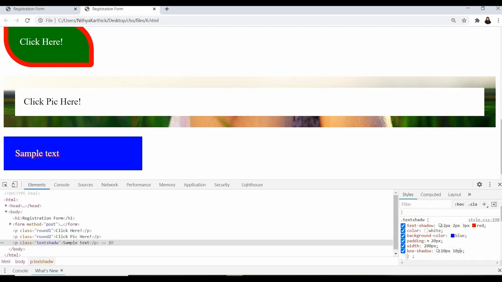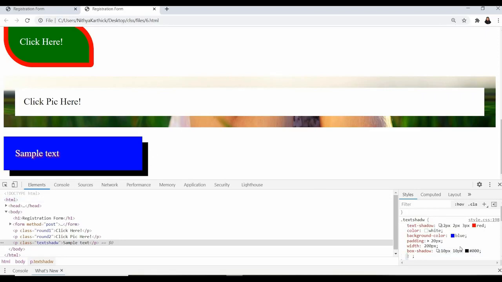Box shadow is also the same. This is not applied, I hope. Let me give a color.